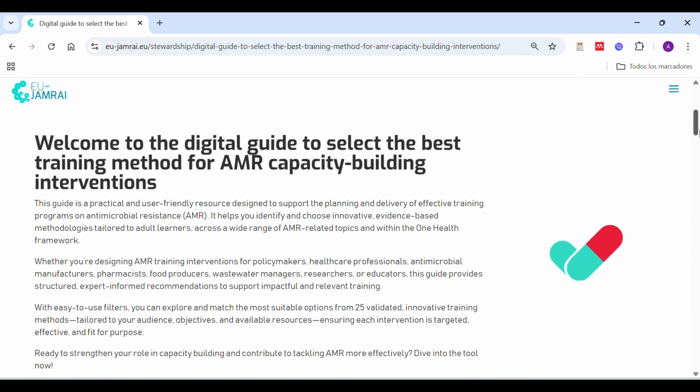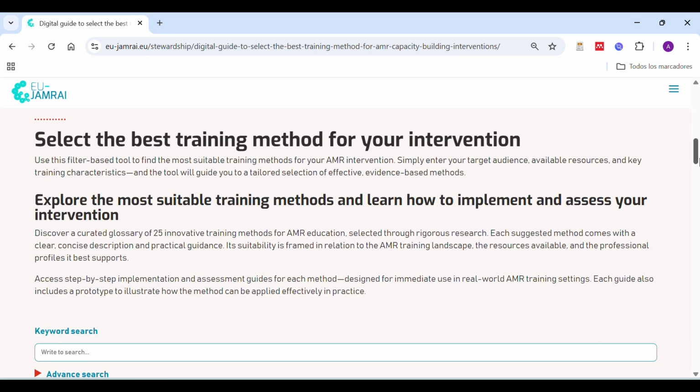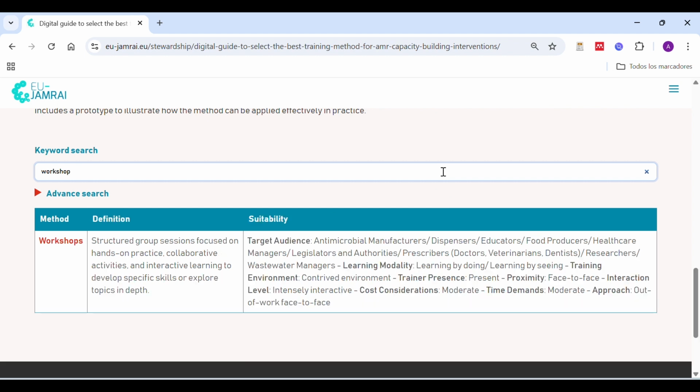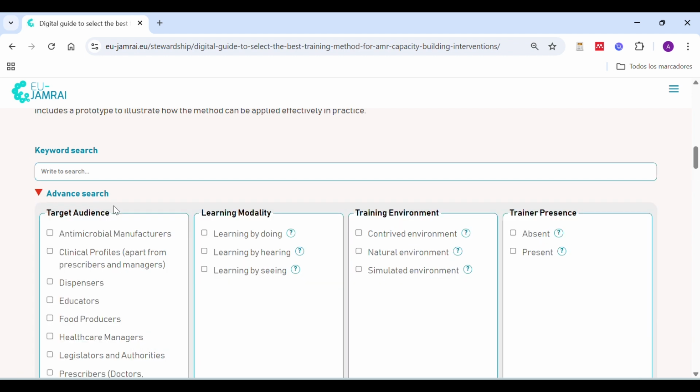Further down, you can start using it to select the innovative training methodology that best fits your objectives and available resources. You can learn more about specific methodologies by typing their name directly into the quick keyword search bar. If not, and you prefer the tool to suggest methodologies based on certain criteria, expand the advanced search using the